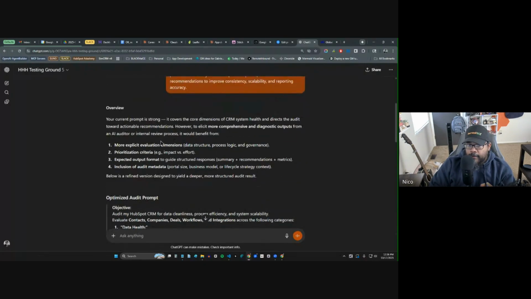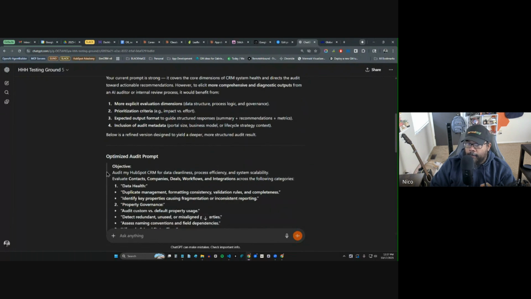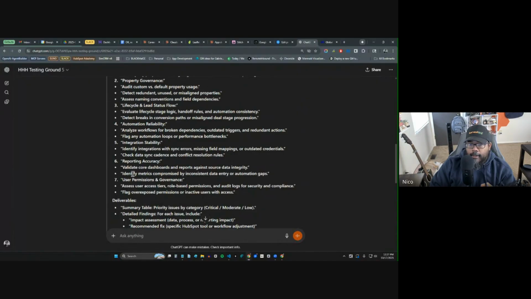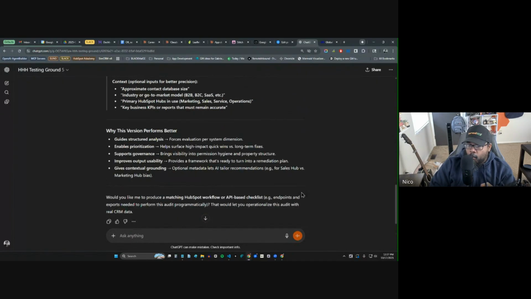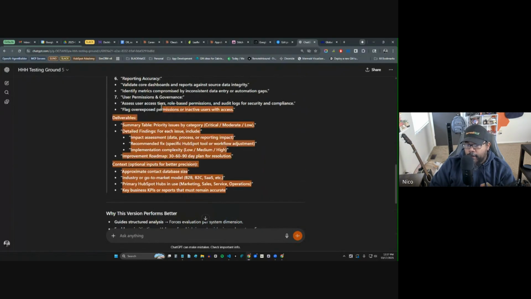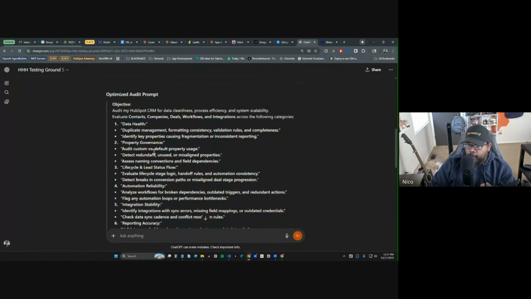So now we've got Harry telling us we could be more explicit, should have more prioritization, an expected output format so that we know exactly what we're going to get and how it's going to look, and inclusion of audit metadata if we needed it. So now he's got this more verbose version of it, also an explanation on why it performs better. It wants to do a checklist. No, I don't care, I just need this. Now I'm just going fast because I'm going fast. Normally I would take a lot of time to review this stuff,